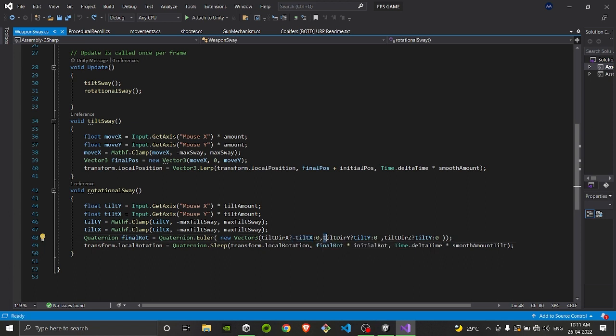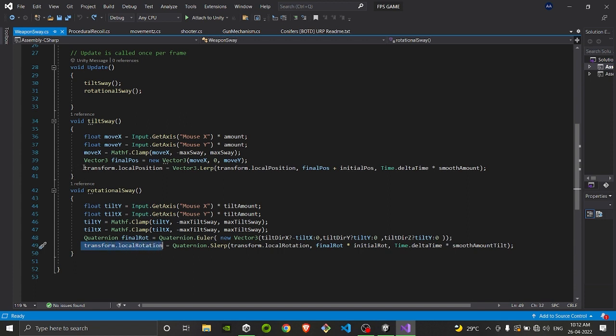And same here, if you want the y-axis, it will be tilt y or 0. If you want rotation in the z-axis, if it's true, then it will be tilt y or 0 if it's false. So we have got our final position here, final rotation, and now we are setting the local rotation here,